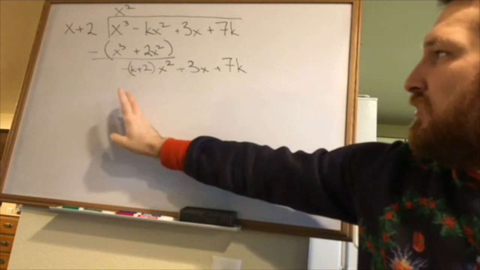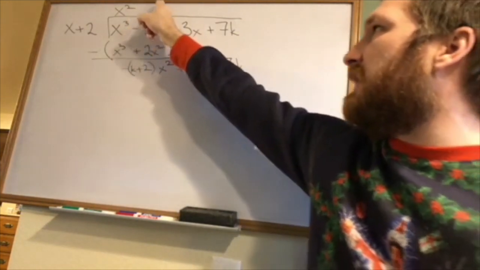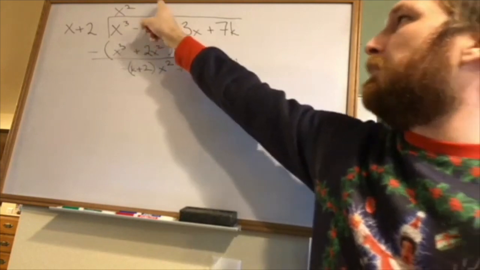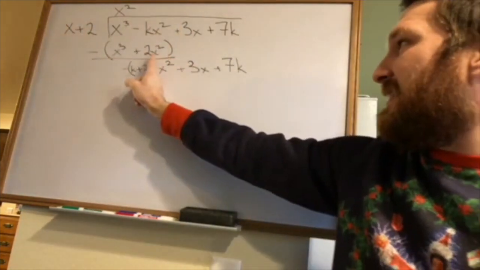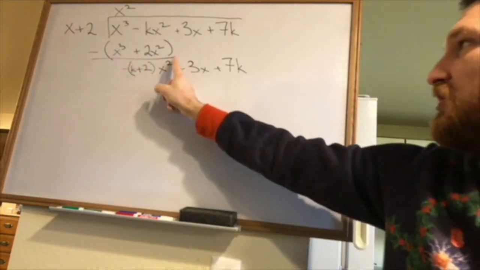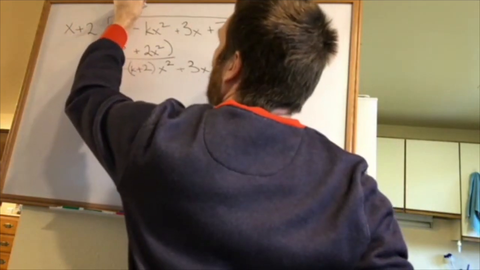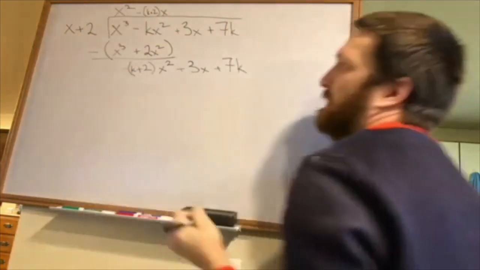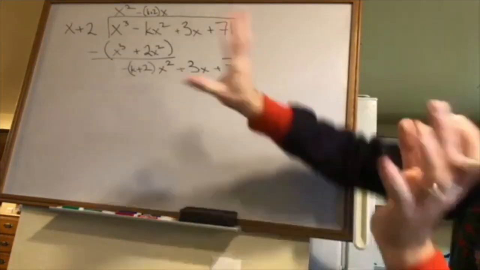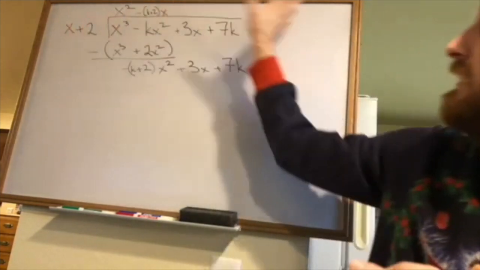Okay, now what number do I have to put here? In other words, I'm going to write a number here, and when I multiply it by this thing, it needs to be this. So you'd have a minus k plus 2 times x. There you go, minus k plus 2 times x. And as I write that up, I'm looking at the overall picture